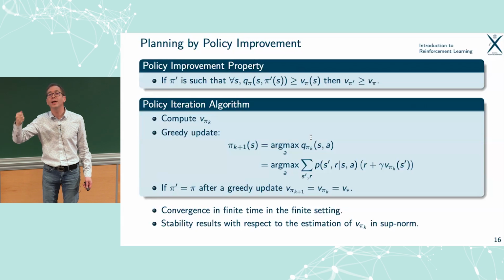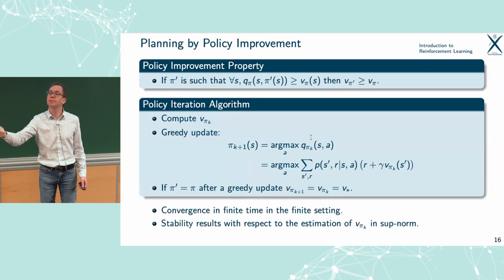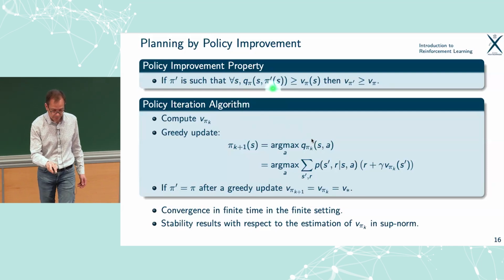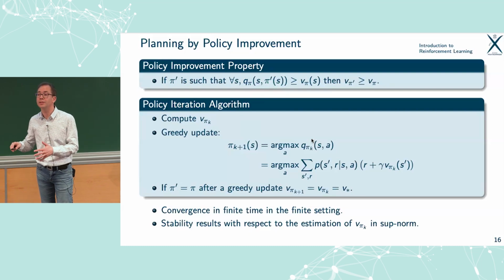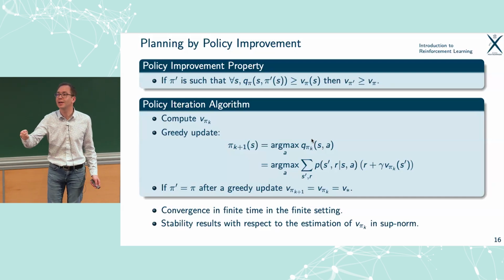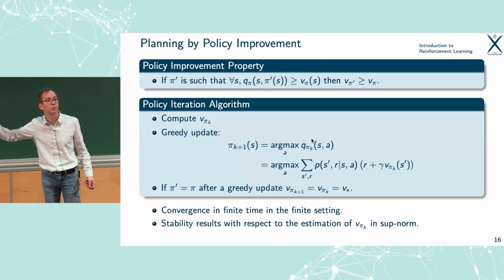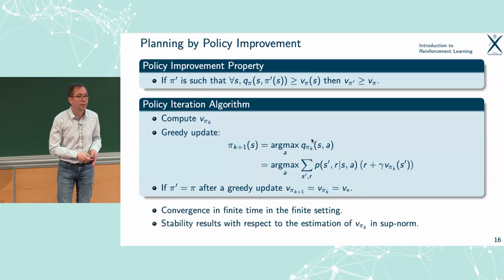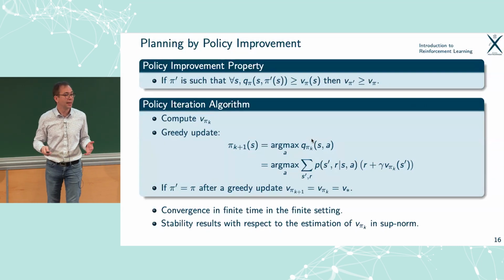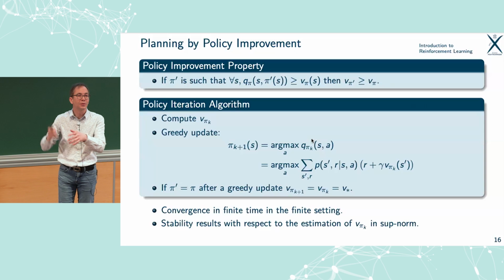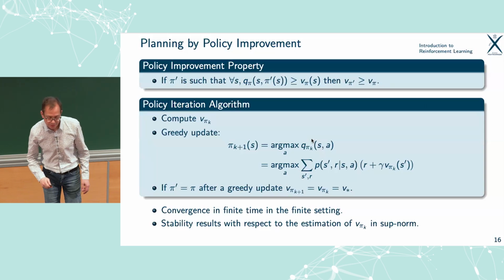You can look at what's going on if we play a specific action here, and then play using the current policy. And you can prove that if it was better to change a single action and then follow the current policy the rest of the time, it was the better choice from the beginning. That's the justification of this bad chess strategy. You have a proof of the convergence and everything, but that's not the point.